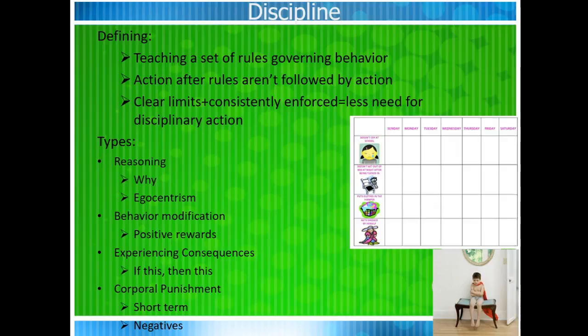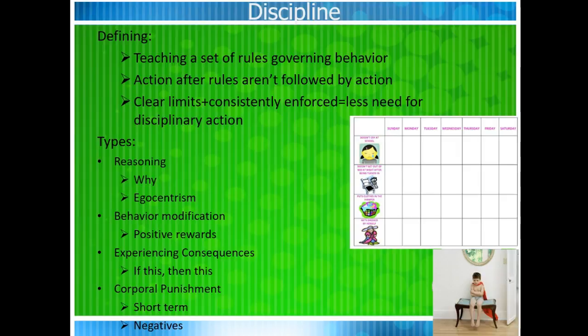So what plays into that is egocentrism. The example that I just gave about holding my hand so that you don't get hit by a car, that's not going to work very well, right? Even though it makes me feel better to say it out loud, and maybe for the people around me, like, oh look, she's talking to her kid and she's explaining the rules, that's so good. But if I'm doing that to a 2-year-old, is it really? Do they care? No, they don't care at all, right? They want to cross the street right now because there's a really cute puppy on the other side and they want to go pet the puppy. So egocentrism certainly has to start to subside in order for the why, or the reasoning type of discipline, to make sense. Okay?